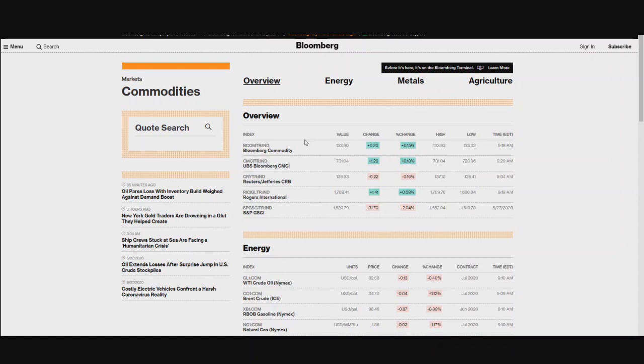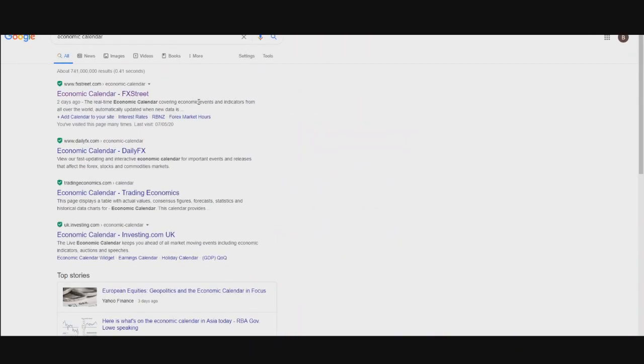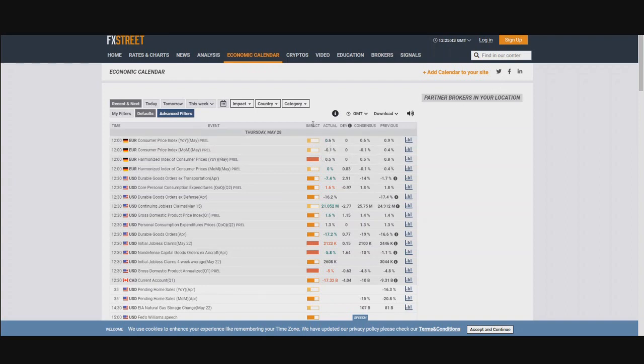Does fundamental analysis affect the market? It depends how deep we want to go with the fundamental side of things. We can have a quick look at the economic calendar, which does a great job of arranging the effect of the fundamental news. On FX Street, it's under the impact heading, so it will give us an impact from yellow, amber, all the way to red. And the red is really going to impact the market.